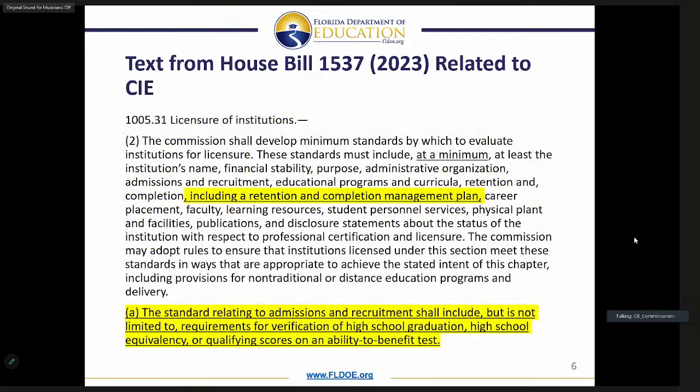The legislature amended existing Section 1005.31, Florida Statutes, relating to licensure of institutions. This PowerPoint does not contain 1005.31 in its entirety, only subsection 2, where the new statutory language is found. Again, newly created statutory text is highlighted in yellow. Subsection 2